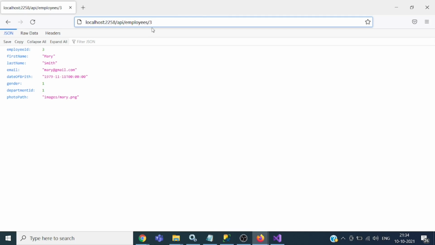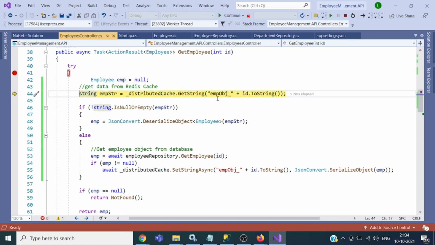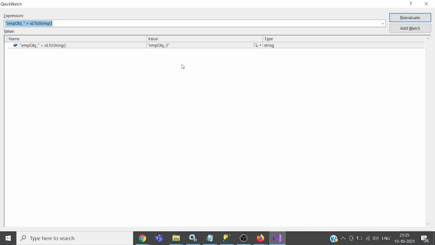So a record was not there in Redis cache. So we have retrieved from the database, and then we added into cache. Now again request for this employee ID 3. So again ID is 3. So now this time we will look for this key emp obj underscore 3.